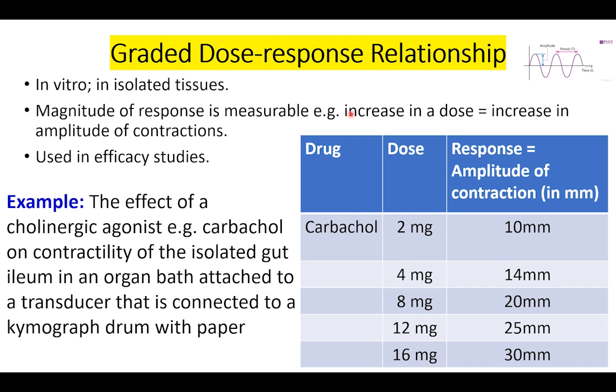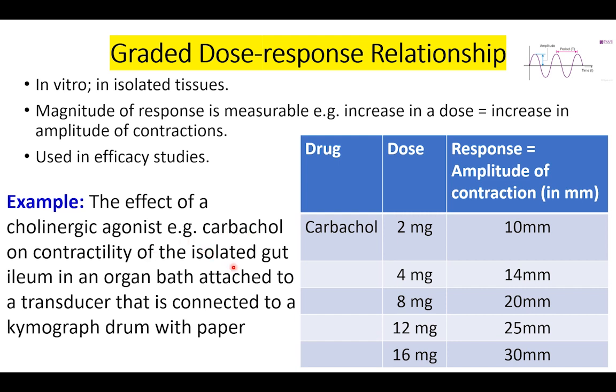For instance, when we increase the dose, there is an increase in the amplitude of contraction. So as we can see here for this example of carbachol, as we are increasing the dose of carbachol, the amplitude of contraction also increases. This graded dose-response relationship is used in efficacy studies that will be looking at the maximum effect with the dose. So the example is in this table, where we have the effect of cholinergic agonist, that is carbachol, on